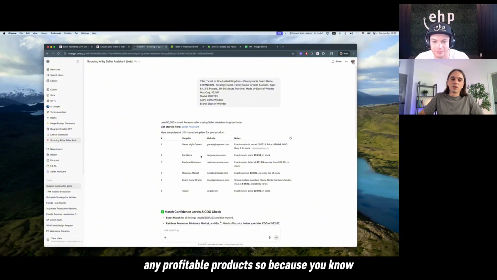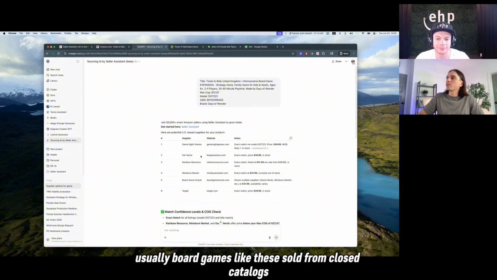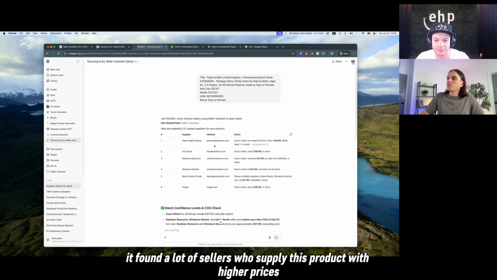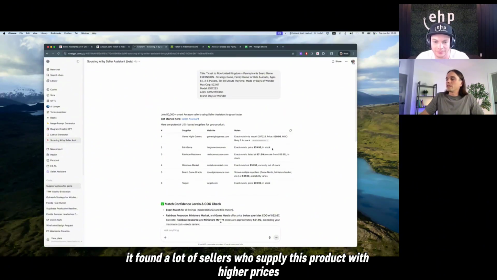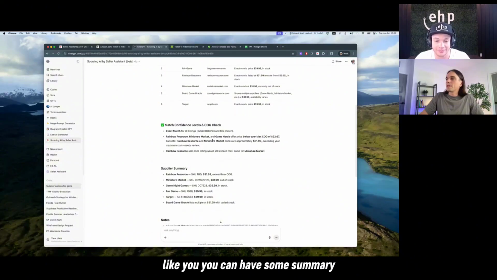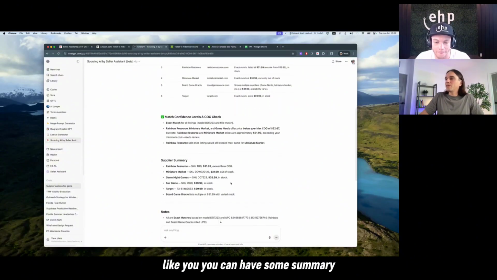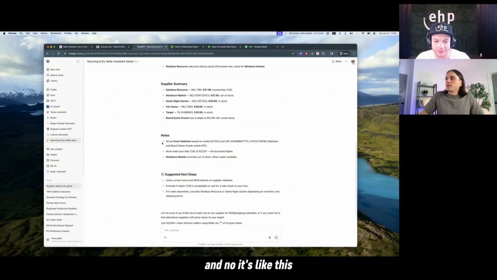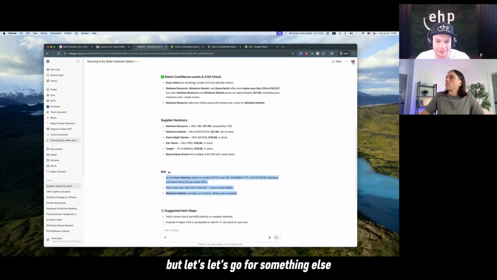because usually board games like these are sold from closed catalogs. But of course, it found a lot of sellers who supply this product at high prices. Like, you can have some summary and notes like this product was not found. But let's